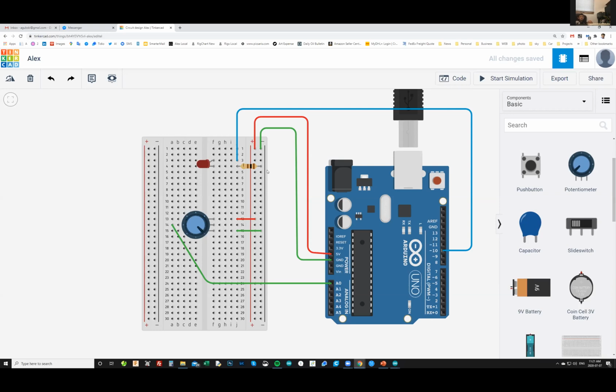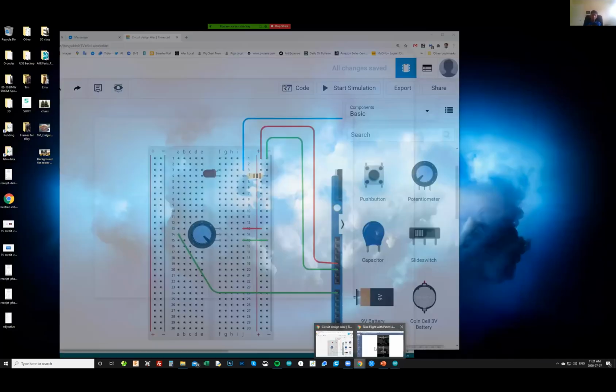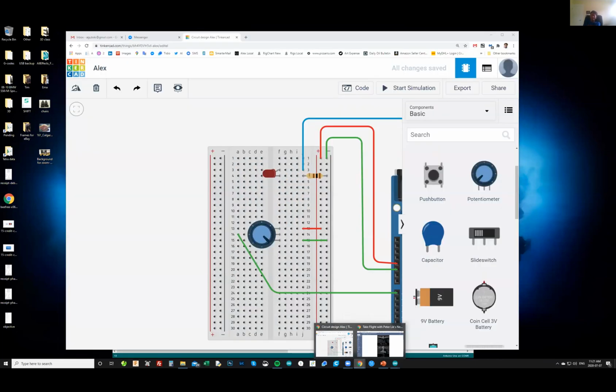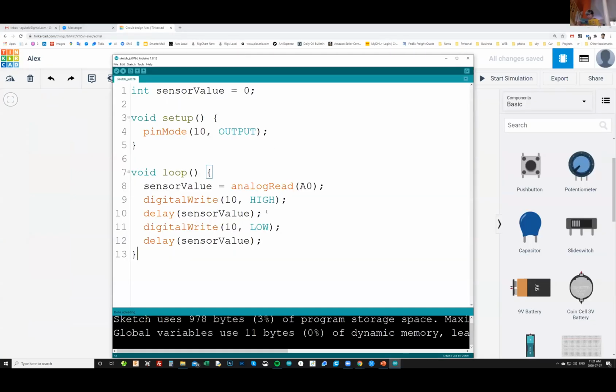What do I do now? Is it supposed to say something at the bottom? It's not supposed to say anything at the bottom if there are no errors. Okay, yeah, there are no errors. And updating, it said Sketch uses blah blah blah bytes, 3%. Wait, what does this thing do anyway? It's something analog. I mean, the potentiometer. I still can't find the